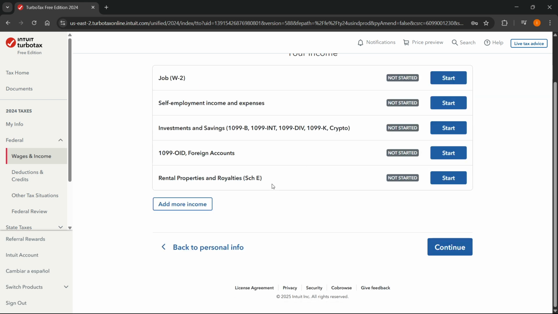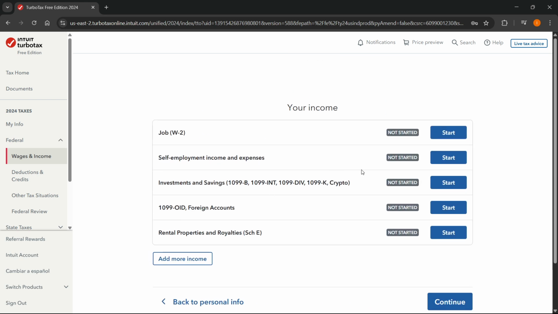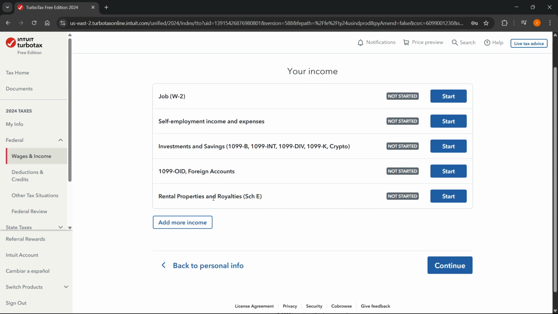And then from here, you will have an option to actually add a 1099. So you may already have a 1099 in here. So depending on which one you need, you may have it already. As you can see over here, there's a bunch of these stated. However, if you don't need any of these over here or this OID one, what you can do is click